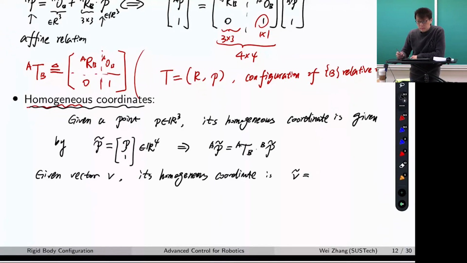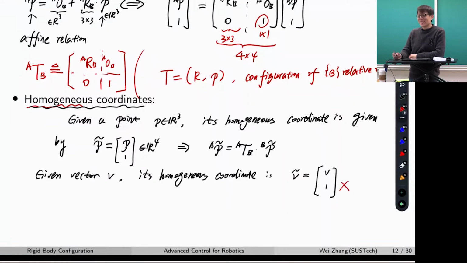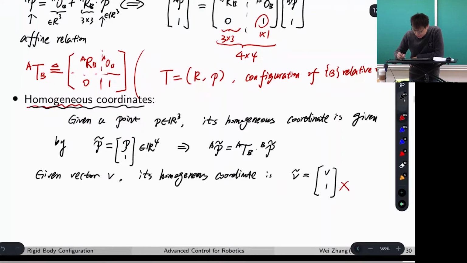It's a column vector, V and the next one is 1. That's wrong. Intuitively you want to do this, but